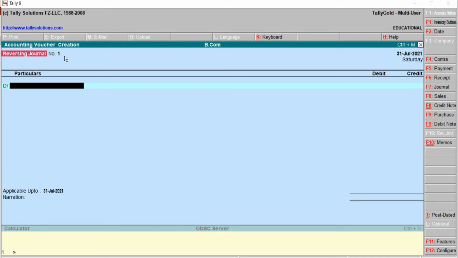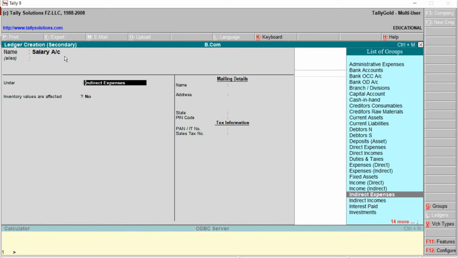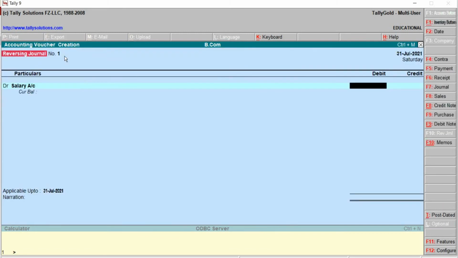Salary account, right? Salary account has to be created. To create this one, just press here Alt+C. Salary account. Alias will be blank and this has to be allocated under the group that will be indirect expenses. Accept? Press Y from the keyboard. Let's take here the amount 10,000,